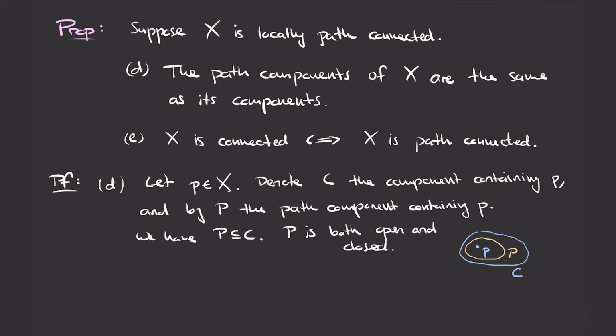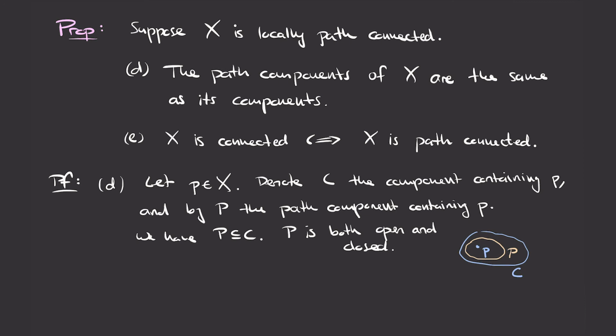So we saw that in any space, components and path components are closed, but if the space is locally path-connected, then the path components are also open. Now, if you think back to the video on connectedness, we saw one proposition there which said that if you have a subset of a connected space which is both open and closed, then it must be the entire space. And this is exactly what we're going to use now. Because P is both open and closed and it's contained in some connected set, it must be the entire connected